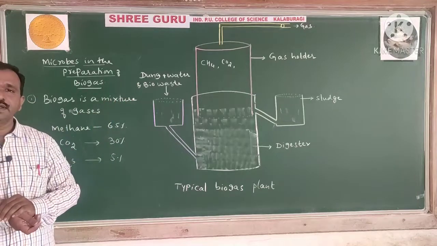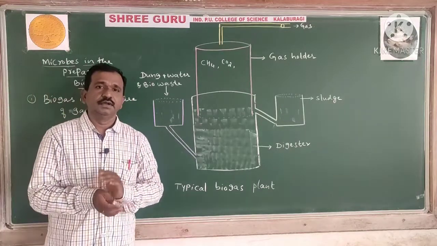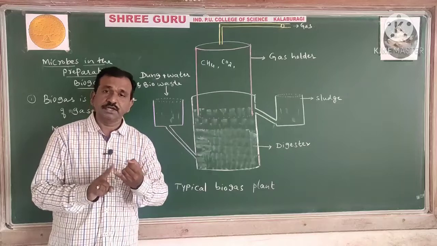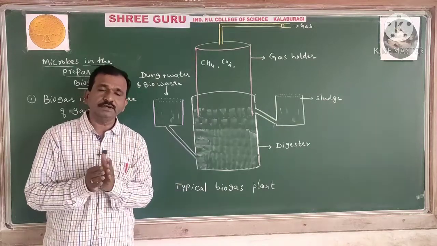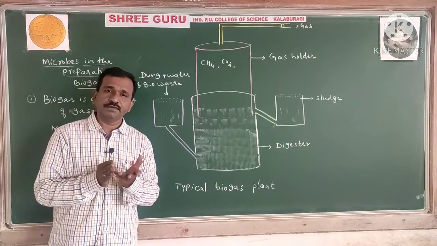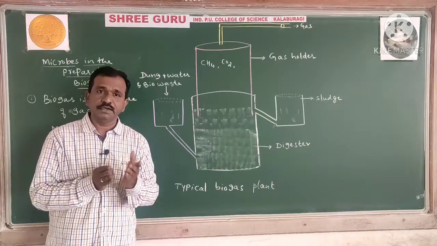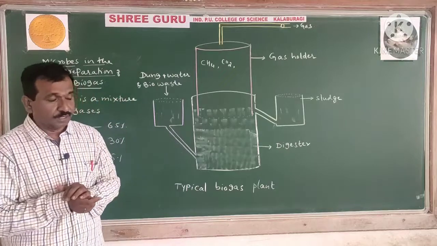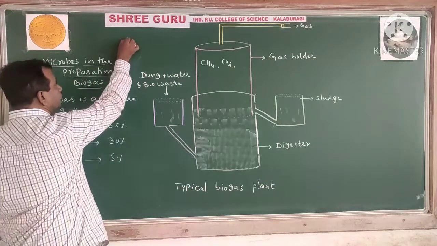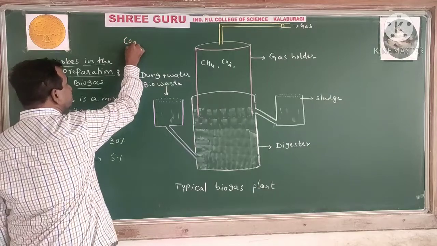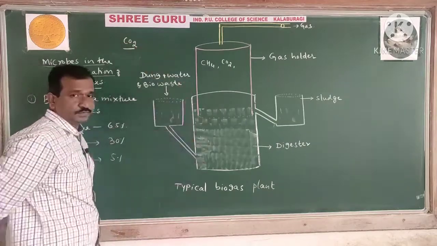For example, earlier we have studied the preparation of fermented food material. In the fermented food, what have we observed? Preparation of cheese, preparation of bread, idli and all those things we have observed. Which gas is produced mainly there? Mainly you can observe that from the fermentation, carbon dioxide is going to be produced.